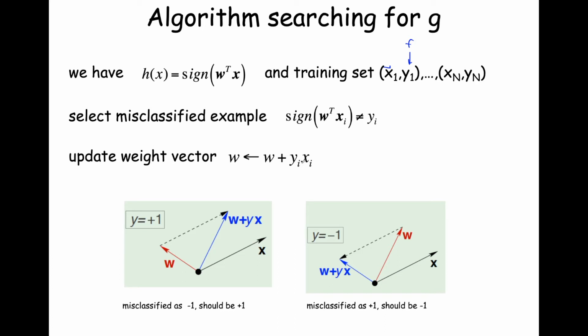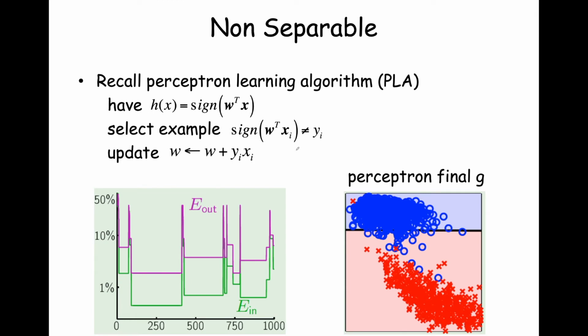And so we demonstrated last time why this works. It corrects for an error relative to a misclassified error and updates the weight vector. Now, of course, we could have a learning rate, and this learning rate, eta, would shunt off the action of this update to make it less aggressive. Okay, so let's recall the Perceptron Learning Algorithm, and this was done as an experiment by the author of the